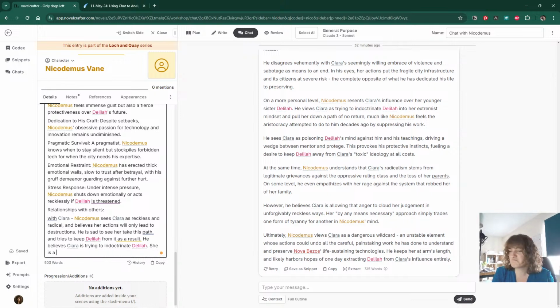I feel like that is very accurate to how I've pictured him. What do you guys think? Do you feel that the way the AI has summarized him,